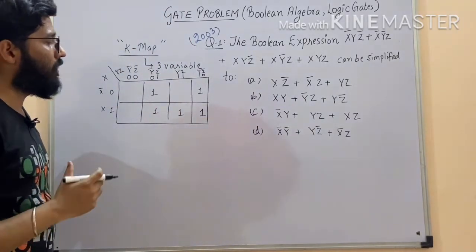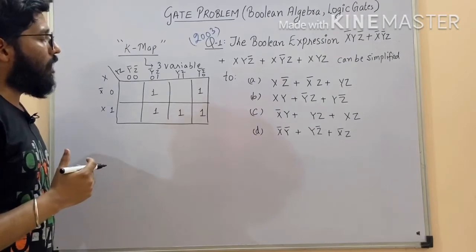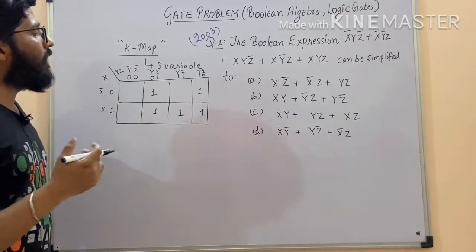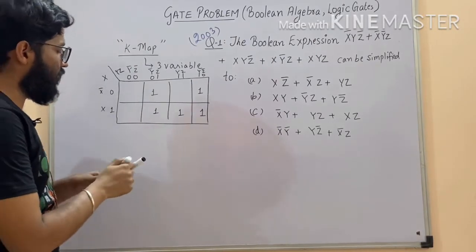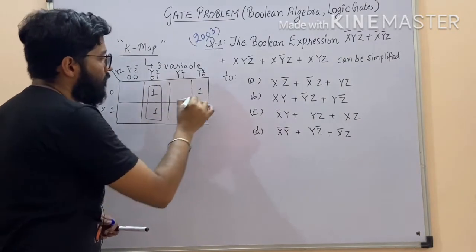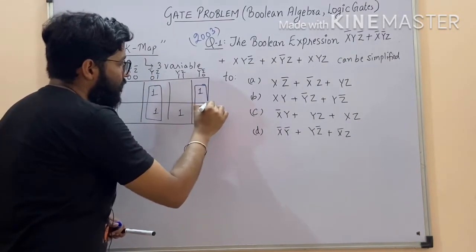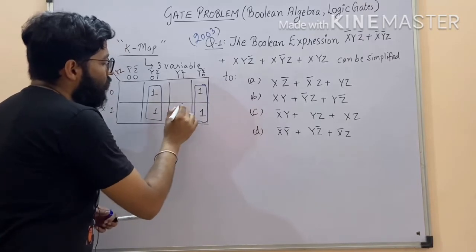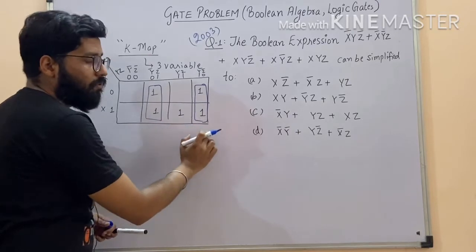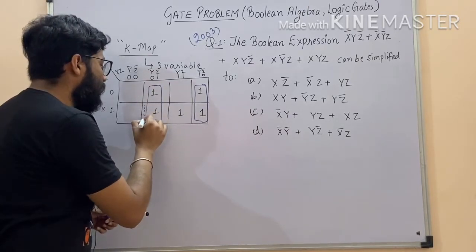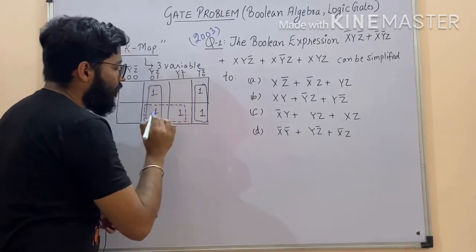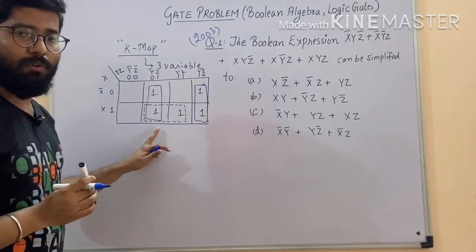Now you have to group the ones. First you have to see whether an octet is possible, a double is possible or a single is possible. For grouping, here is a double in this case, so you have to group it in this fashion. Here is another double, and for this one there are 2 possibilities, that this one is grouped by this or this one is grouped by this. You have to consider 2 possibilities. First possibility is this. Firstly we will check the answer by taking this grouping of 1.